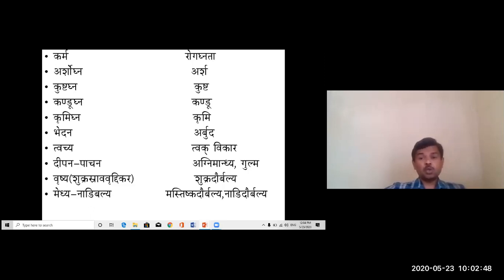So it has Arshoghna karma and can be used in Arsha. It also has Kushtaghna karma, as Acharya Charaka mentioned under Kushtaghna Mahakashaya: Khadira, Abhaya, Amalaka, Haridra, Arushkara. Arushkara is the synonym of Ballataka. So it is Kushtaghna.